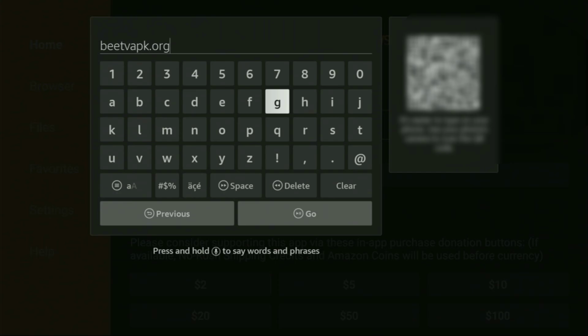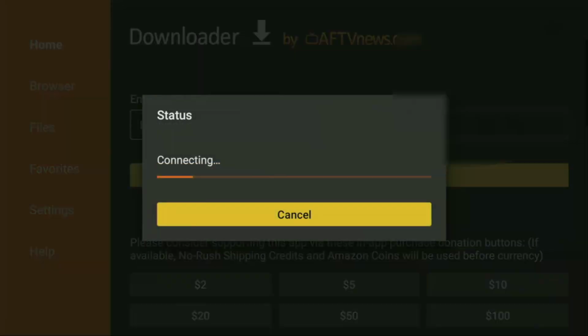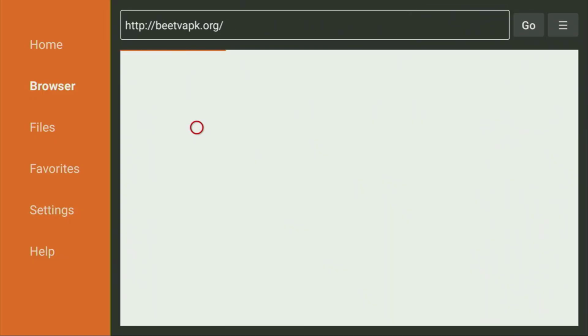Here you go, you can see the link on your screen right now. Make sure to enter it exactly as you see and do not make any mistakes, because obviously if you make a mistake, the link is not going to work. Then you have to click on go,